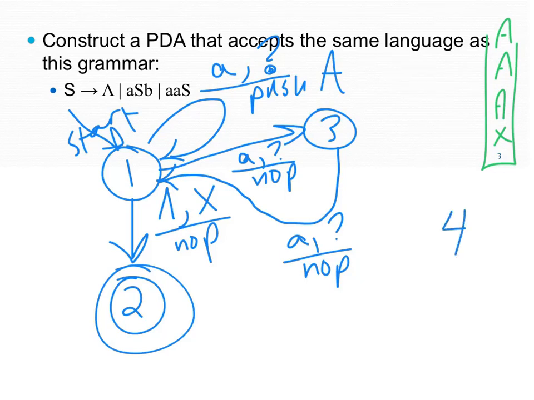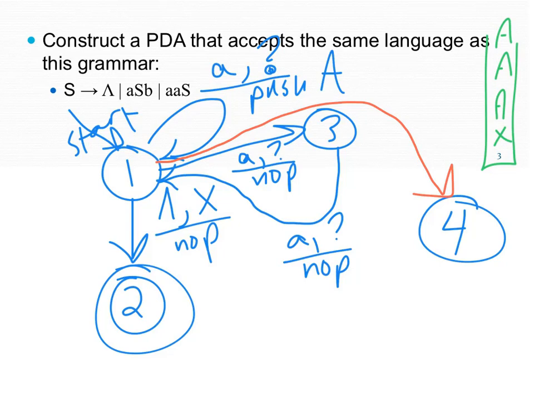So let's make a state 4 over here. And just so that you can see what I'm doing, I am going to use a red pen for this transition because it's just too messy in here now. So to get to state 4, I'm going to go to state 4 if I see a B and there's an A on the stack, and then I'm going to pop that A off the stack. And then if I see any more B's and there are still A's on the stack, I'm going to do the same thing. So I'll loop in here and I'll see if there's a B and there's an A on the stack, then